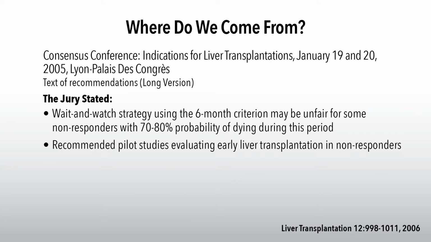Going forward, if you look at January 2005, there was a consensus conference on indications for liver transplantation. Everybody in that context said at the end that we need a wait and watch strategy using the 6 months criterion. It may be unfair for these patients that are non-responders. Maybe there is a selected group of patients that should not die in this period of time, waiting to get improvement from medical therapy, or if they don't improve, they're going to die. Immediately, pilot studies were recommended for evaluating this group for early transplantation in non-responders of